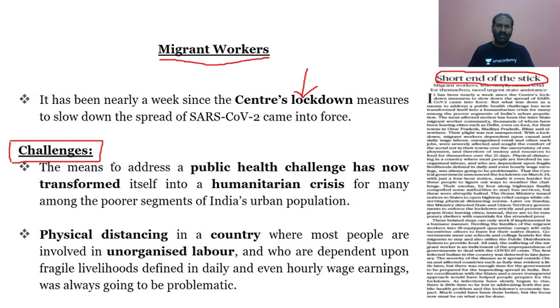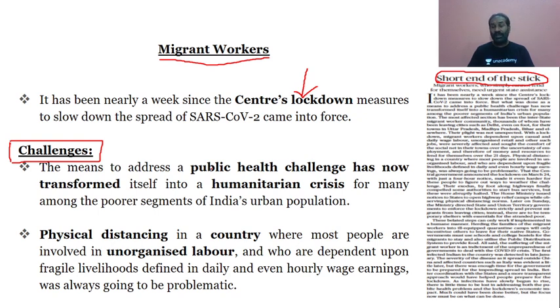Even though the RBI has come up with infusing more liquidity into the banking sector, certainly it will take a little bit of time to make sure that it will really increase the liquidity in the markets. But as of now, there are a few challenges, which we will look at, which will be really important for your prelims, factual based, and also from the mains point of view, for a better understanding